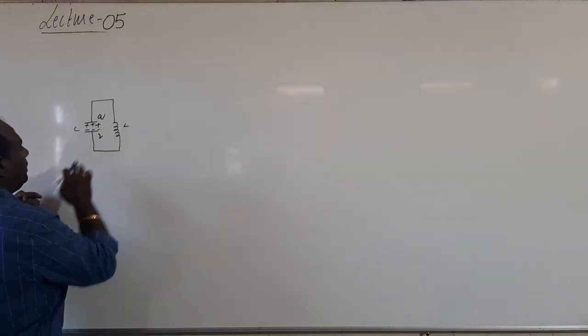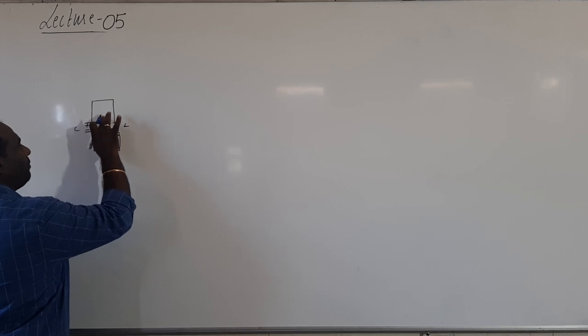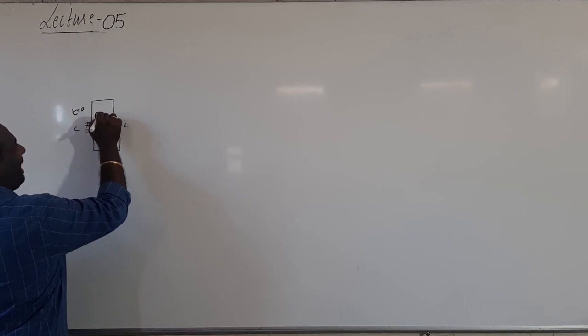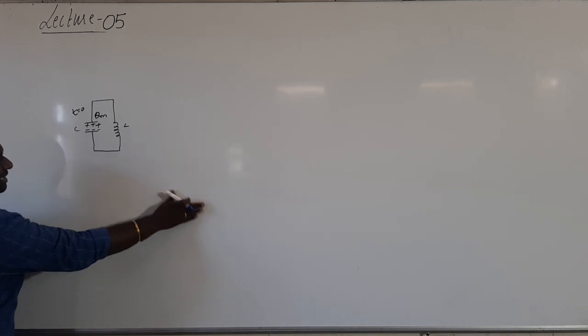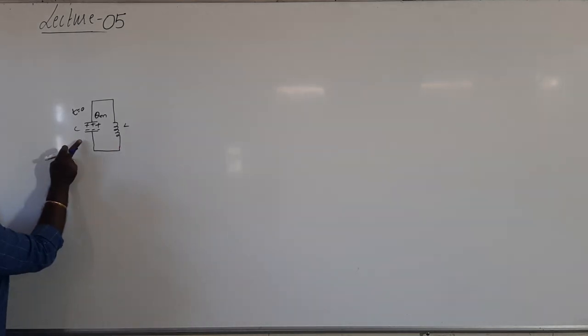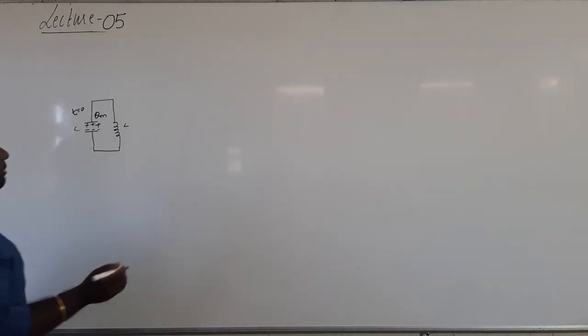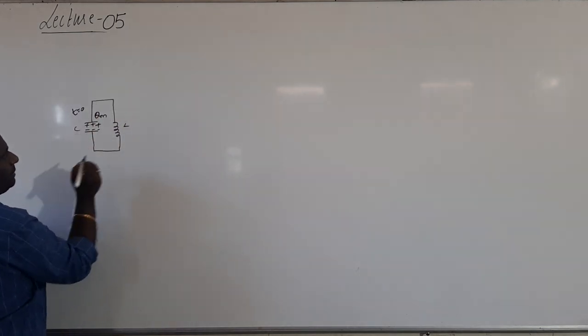I am going to write, at t equal to 0, it has maximum charge. The maximum charge on the capacitor I am going to write Qm. Then once it is completely charged, I connect it to an inductor. Then what will happen? The charge starts flowing from capacitor to inductor. So at t equal to 0, the total charge on the capacitor is maximum.